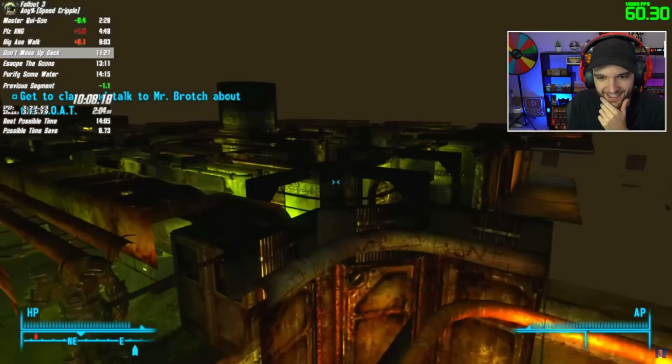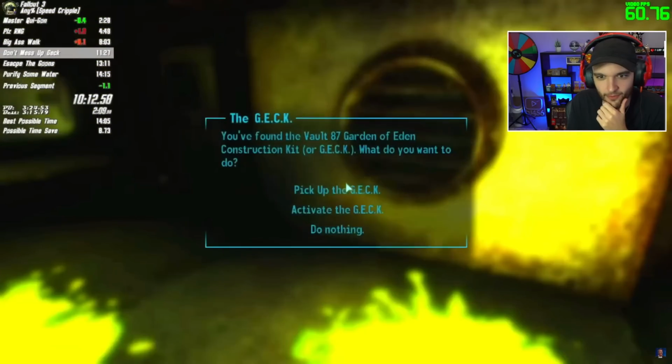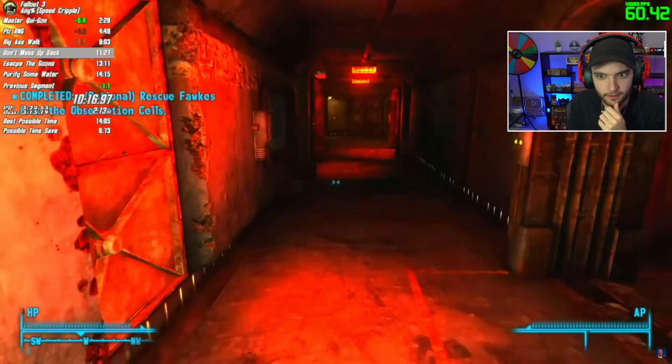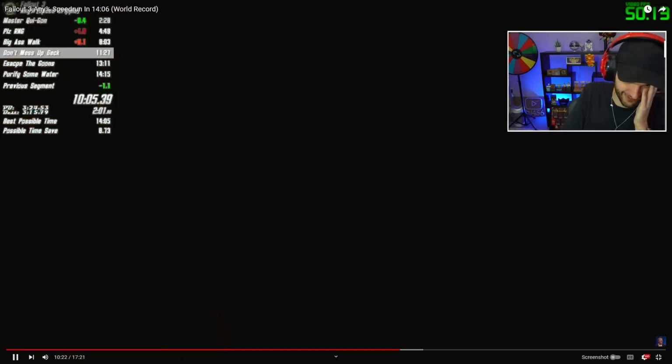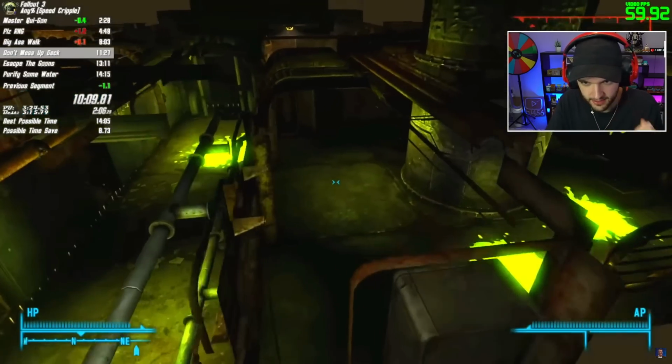So we're going to clip out of bounds, and then we're going to clip back inbounds to enter the Gek room. And then we're going to abuse a glitch here called third-person interaction. So it went really quickly, but if you go into third person... Here, we can back up and watch that again, because I was like, what in the world? Yeah. So if you enter third person...